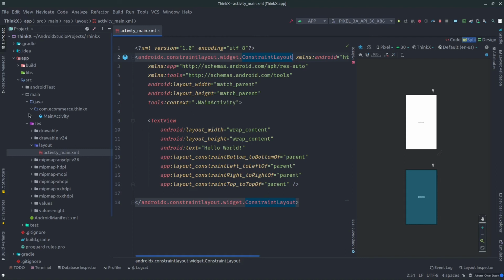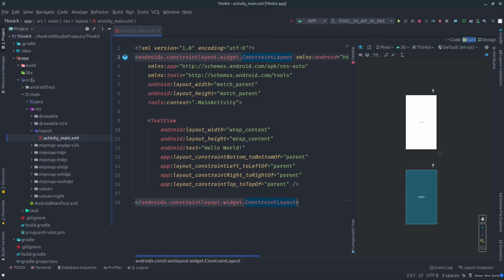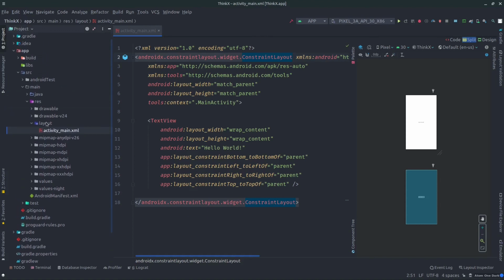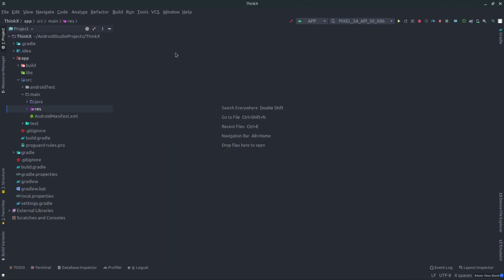So I'm just giving you an idea of the whole project directory, because it is important to understand at this point. In layout we have all the layouts, or you can say the UI or the design of the activities or the application, and inside of Java we have the functionality so that we can code in Java, right? Now I'm going to close this, and now we have some options in here also.